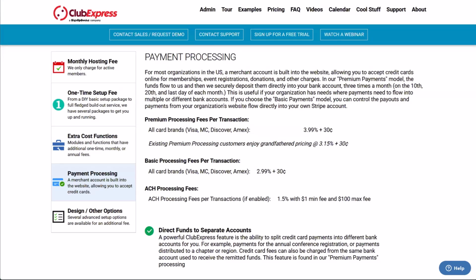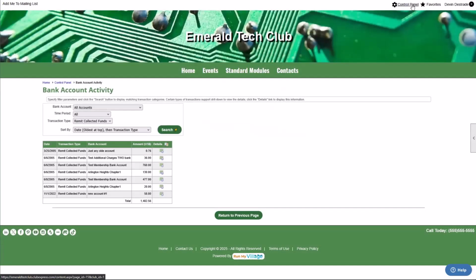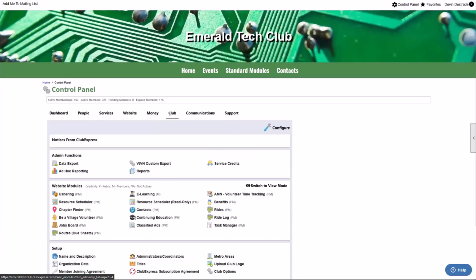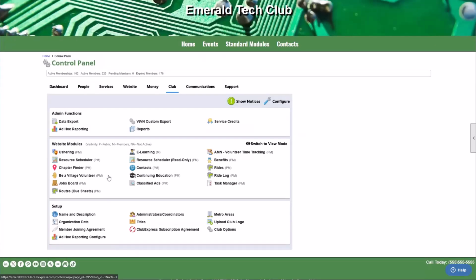Someone asked, how can I get a notification when there's been a payment made? If you are set up as your organization's treasurer, so let's take a quick jaunt back over to one of our test clubs. In the control panel, when you are setting up your organization in the club tab of the website, this is a test website, so there's a bunch of bells and whistles turned on. But there's two sections we want to pay attention to. There's titles and there's contacts. So under titles,